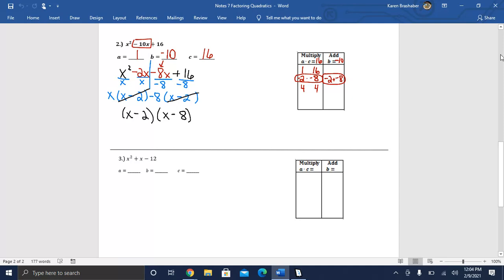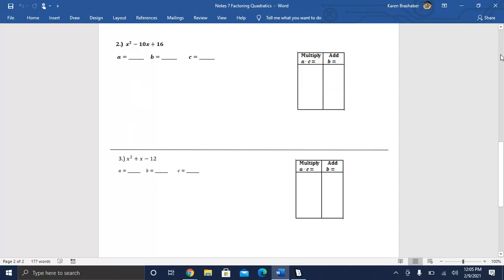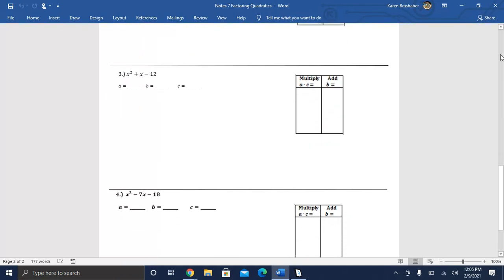We're going to do one last example. I want to really emphasize what to do when you have negatives. So on this problem, we had to have our multiplier remain positive. That means that both of our numbers had to be either both negative or both positive. In order for them to add to a negative, they had to be negative. As we move on to your second example that has a negative in it, number 3, we have